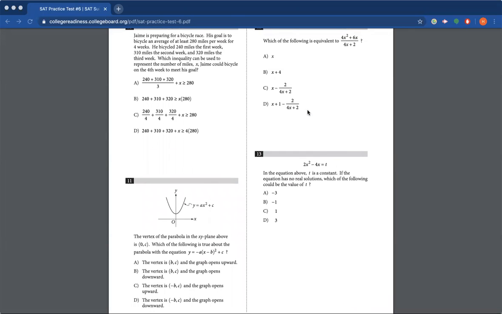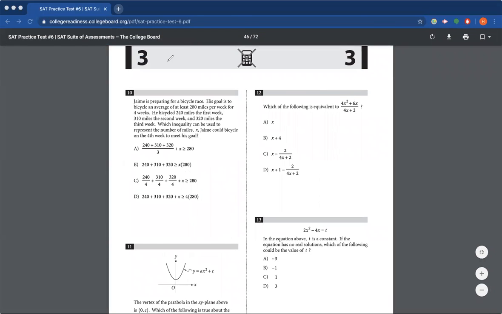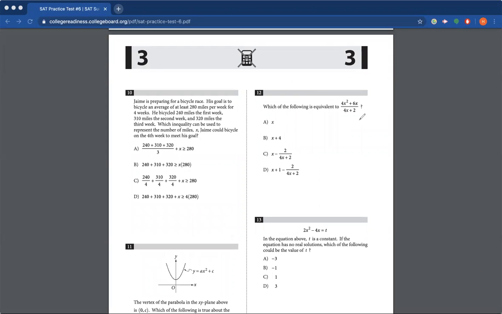Cool. So let's do question 12. Which of the following is equivalent to that? So this is going to be long division. Oh my god. So 4x squared plus 6x, divided by 4x plus 2. Basically for long division, we want to see the biggest term here, 4x, and then we have to see 4x squared. So we want to,